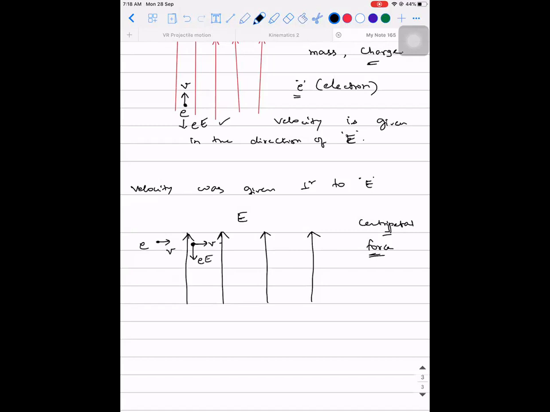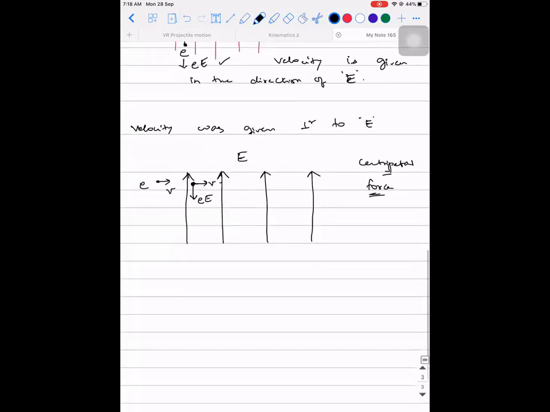It's the same as the previous case. We know the fact that an electron always experiences force in the direction opposite to electric field. As simple as that. So when this is going to happen, the velocity component will try to push it in the horizontal direction, but the force component will try to pull it in the downward direction. As a result, the particle will neither be able to travel completely along its direction nor along the negative y direction. So it starts experiencing a deviation.